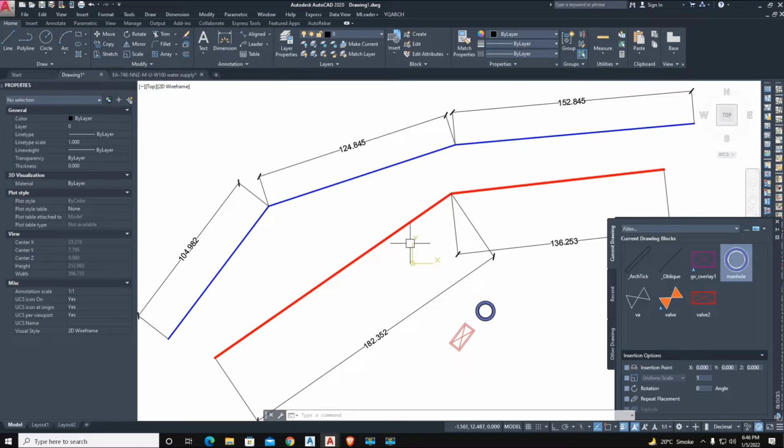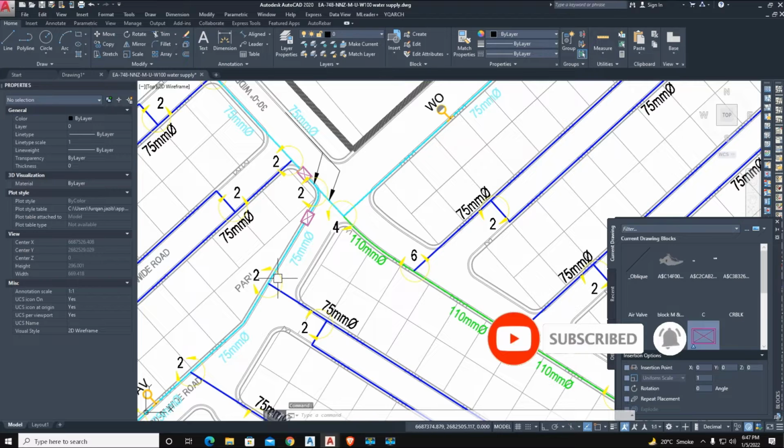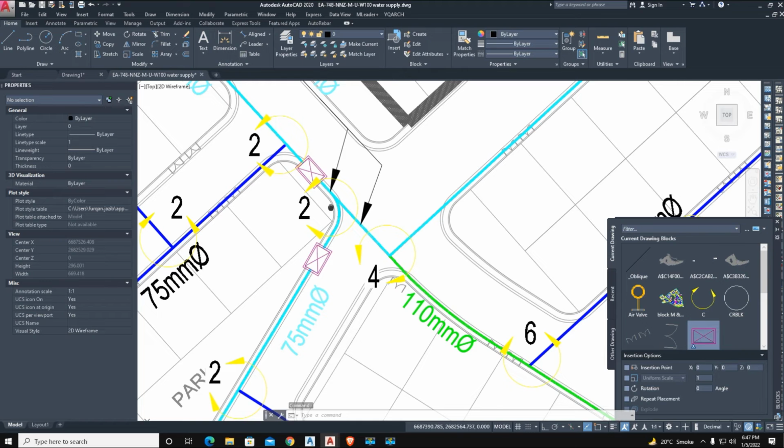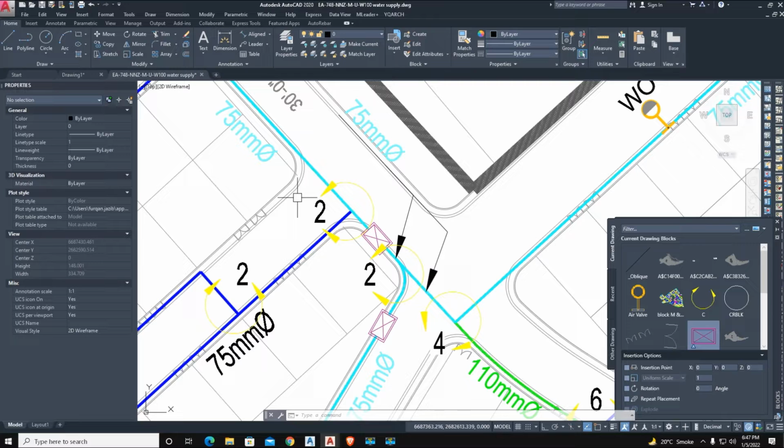Today's video is about how to insert a block with a specified distance, and here is a drawing. The gate wall is inserted with a specified distance. This is the water supply drain,